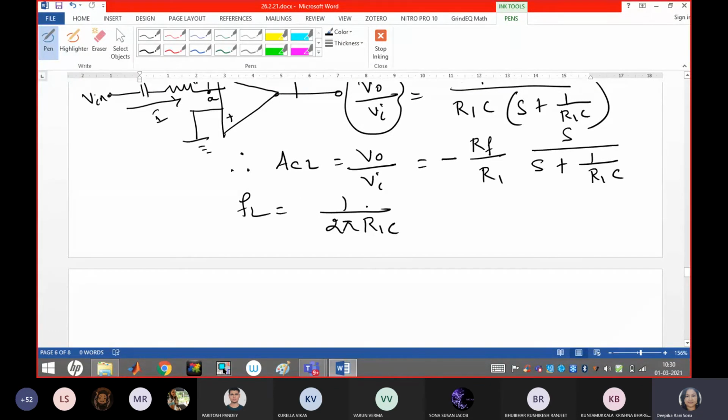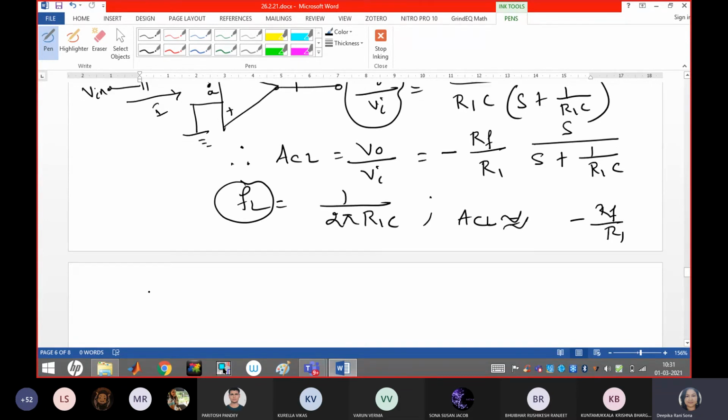So what happened, guys? In the mid-band range of frequency, the capacitor C behaves as a short circuit. So what will happen if C is short circuited at the middle? The gain will depend only on this minus of RF by R1 term. So this is the use of the inverting AC amplifier. If you take the frequency term, it will be this one. But if you write the gain, it depends upon these two factors only. But before the mid-band range, the gain equation will be up to this.